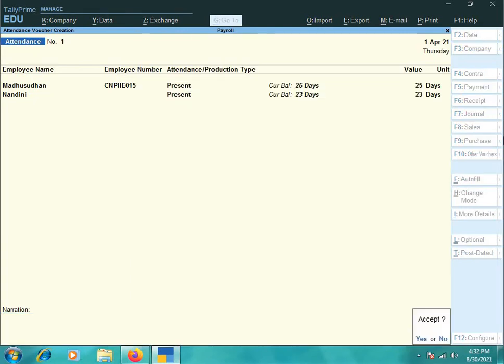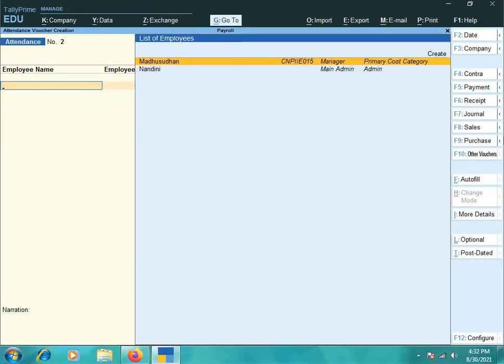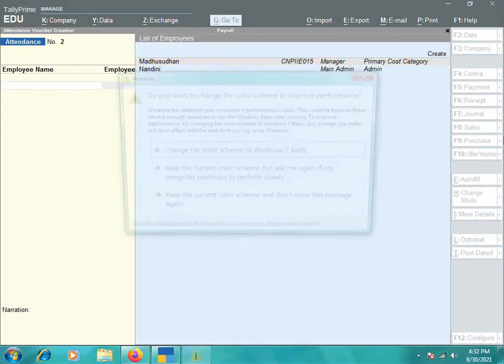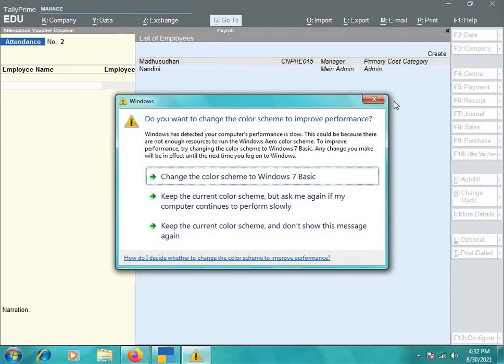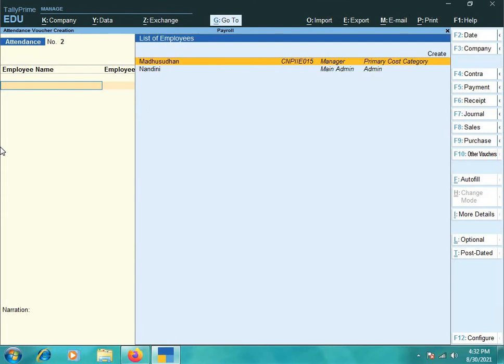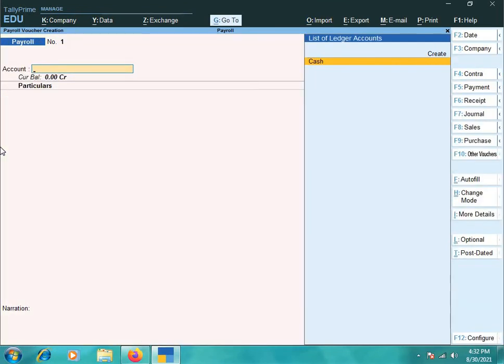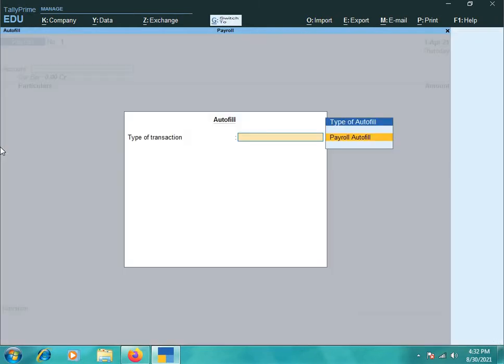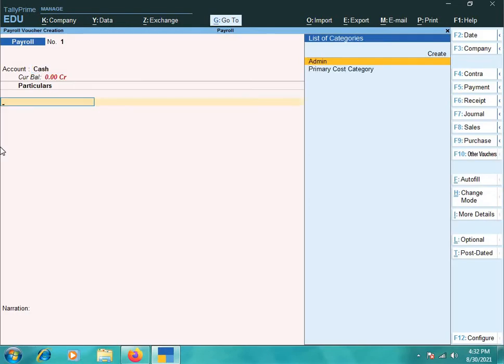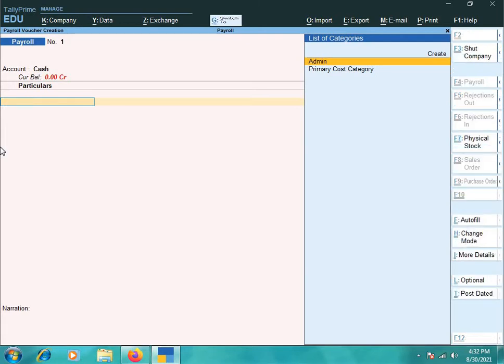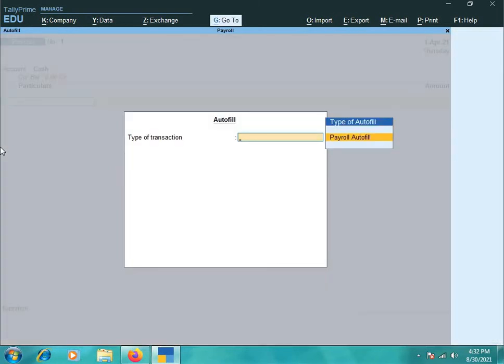Then enter. Accept. Okay, after doing attendance, this is how many days they are present we have shown, based on which we have to give the payment. Now, go Control F4. Control F4 is for payroll. Here we have Control F to autofill. We are not supposed to calculate the amount and pay them the salary. We can do autofill because we have already defined and how many days they are present, everything we have shown clearly. No need to calculate again, just give autofill. Control F is the shortcut key.